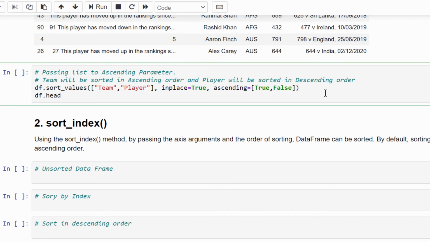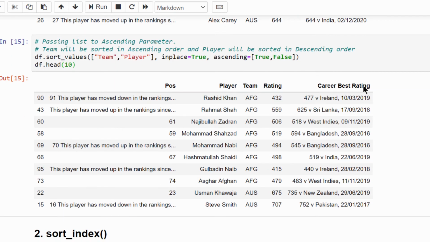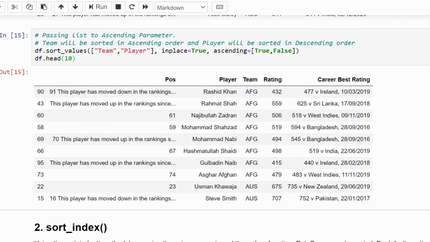df.head(10) values. After execution, you can see the first column, team, is in ascending order. The second column is player. Within Afghanistan, the players are sorted in descending order, starting with R and ending with A. So that's also possible.